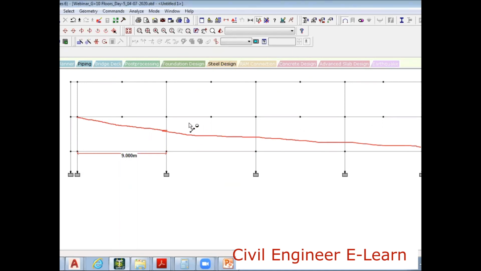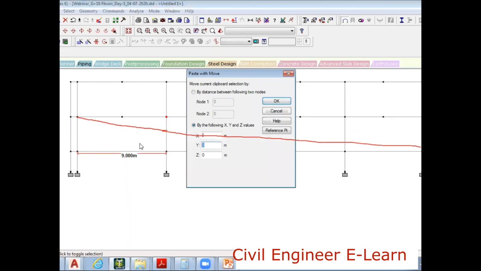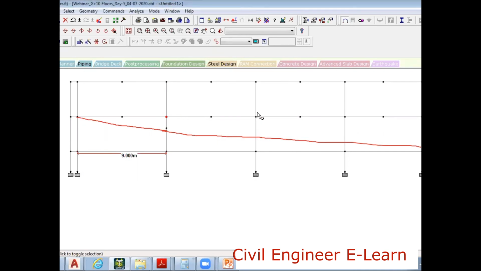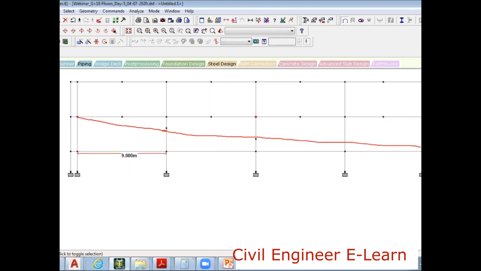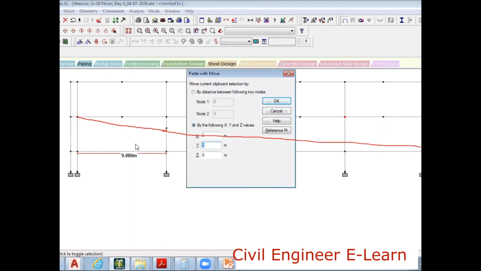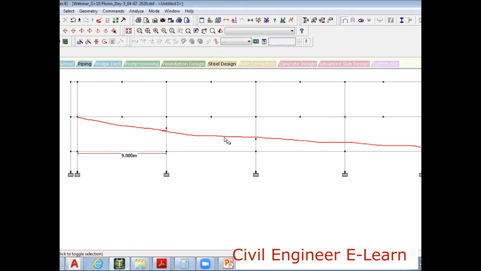That's it. Now I select this node, Control C to copy, Control V to paste. In the Y direction I can say 1.125. Here again Control C, Control V, 1.125 into 2 means 2.25, minus 2.25. Again here it is plus 1.125, so 3.375. I don't have space here. This is 1.125, 1.125, and then join here.